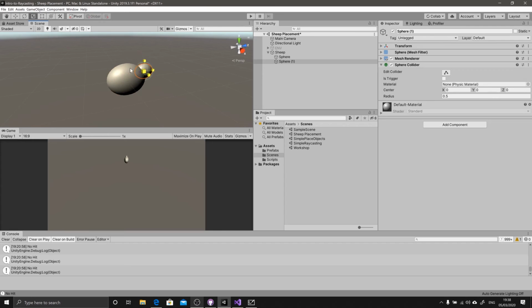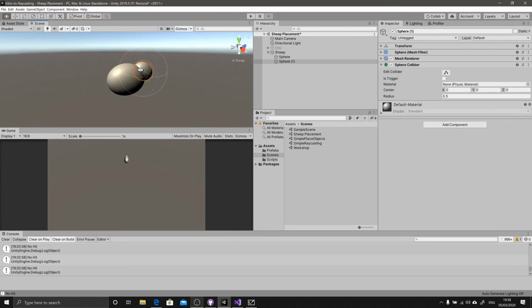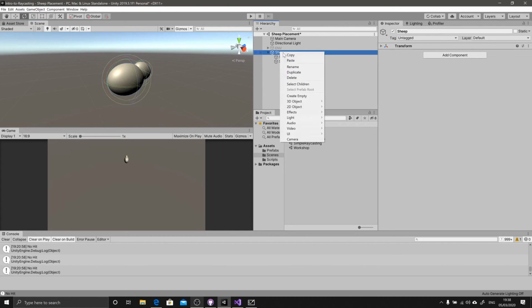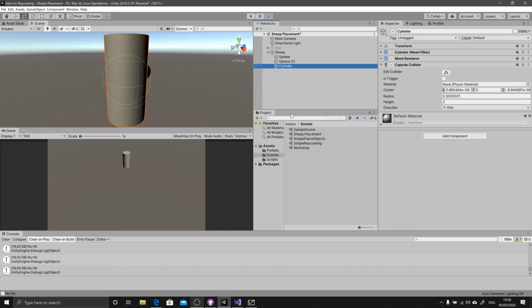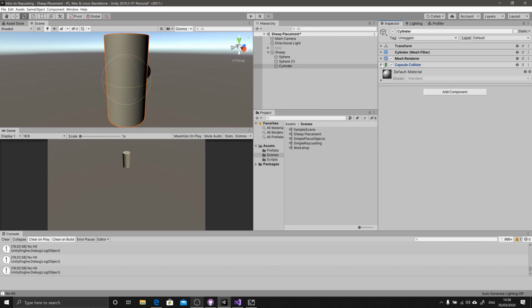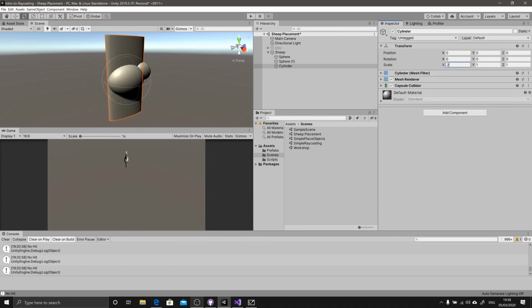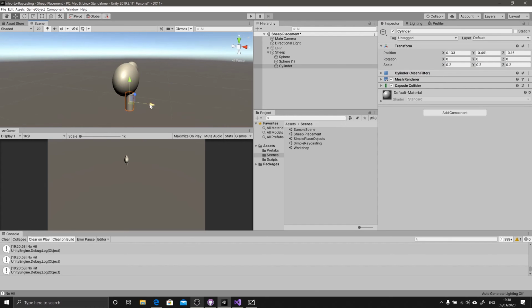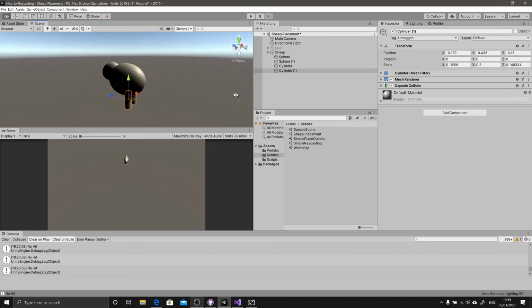That's a head, which needs to be scaled down. Rotate it a tad. And then give it some legs. With my sheep, I'll create a cylinder. Oh, that's the capsule collider. Scale it down to like 0.2. Move it into a general leg area. Okay, and